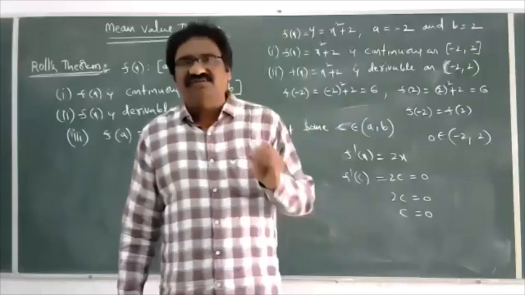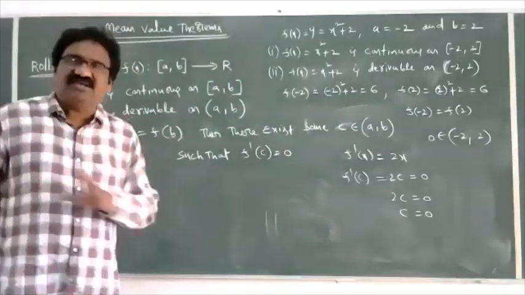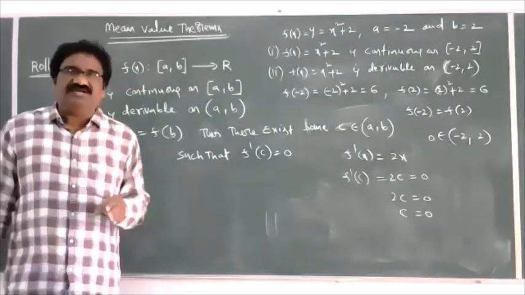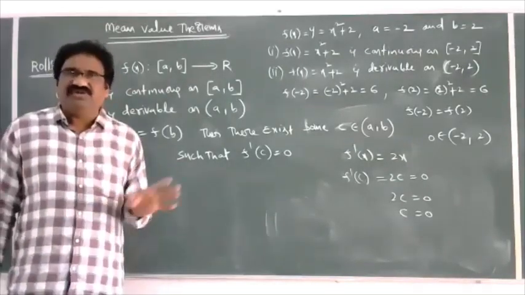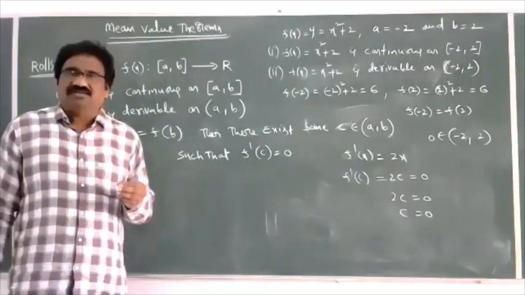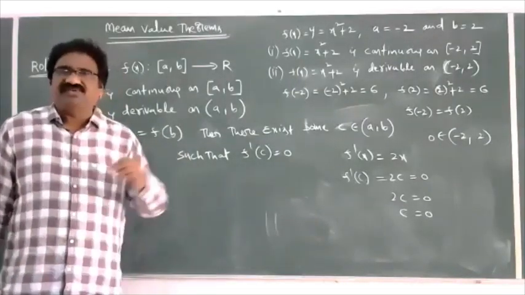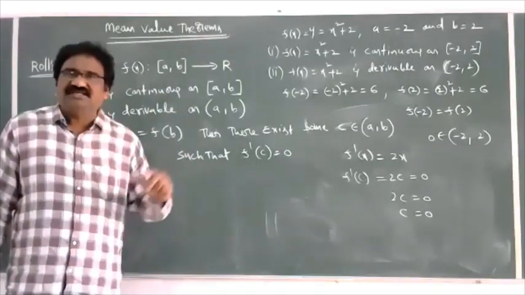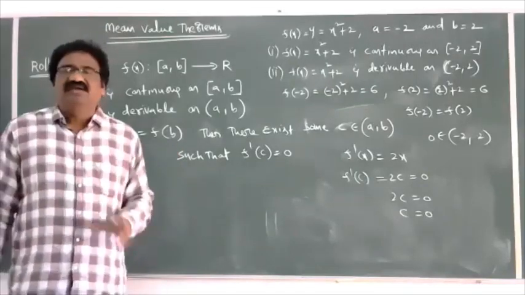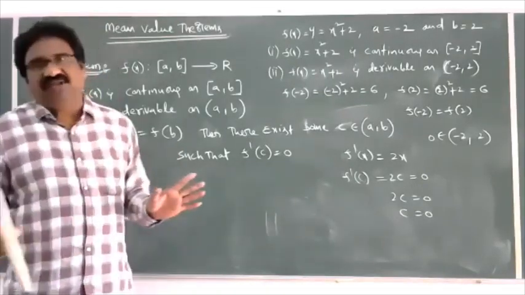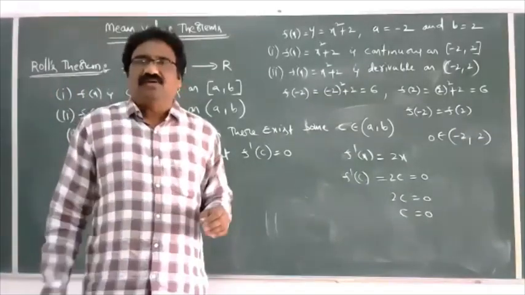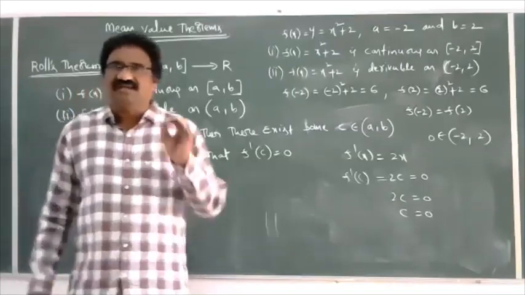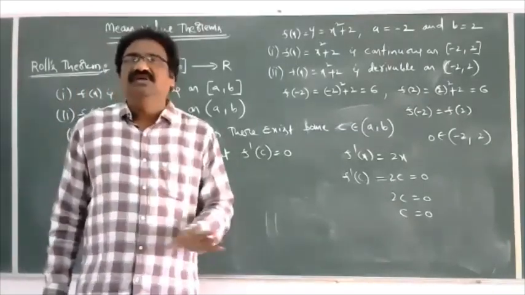How to verify that? First, verify what function is given. The given function is continuous. The given function is differentiable. Verify. And third point, the interval is given, you can verify whether f of a is equal to f of b or not. In these three conditions, if any one condition is not satisfied, then the theorem is not applicable for the given function. You can simply write, Rolle's theorem is not applicable for the given function. That is the way to solve this exercise.